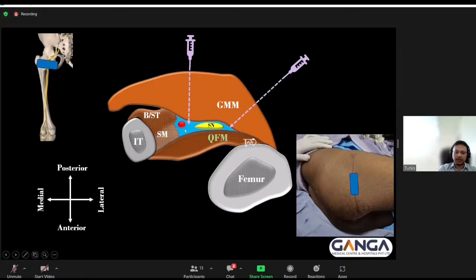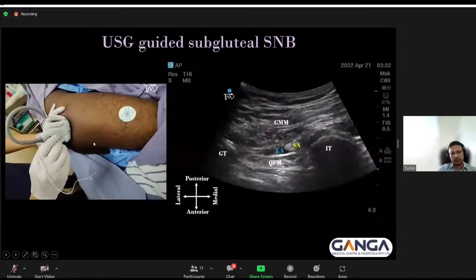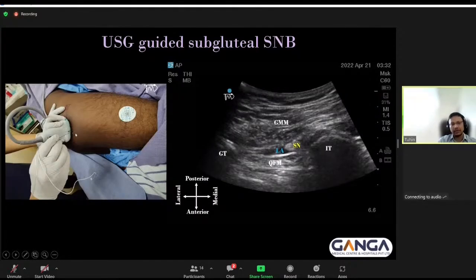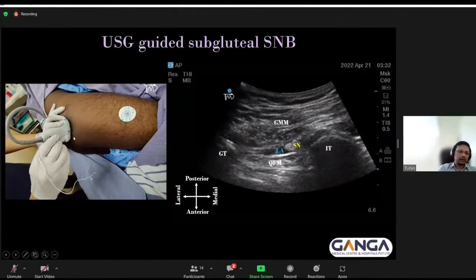Be careful about the inferior gluteal vessel not to puncture the artery. So here I'm doing the ultrasound guided subgluteal sciatic nerve block in out of plane technique. As you can see, the probe is placed between the GT and the IT, and the needle is entering through the